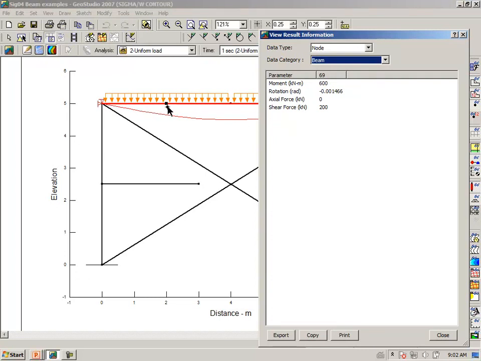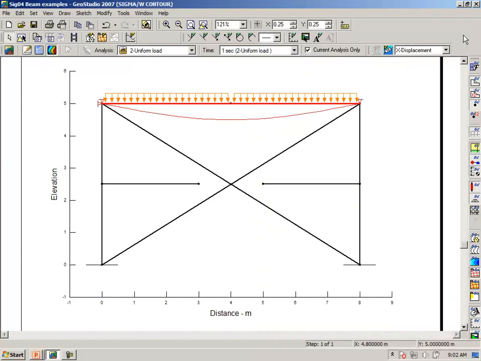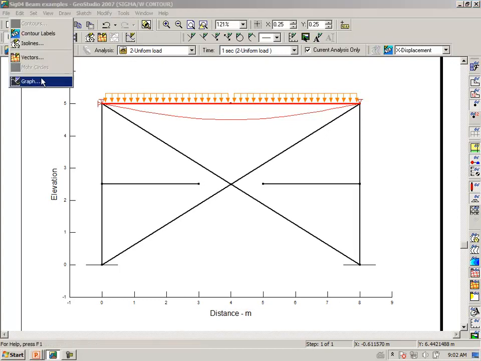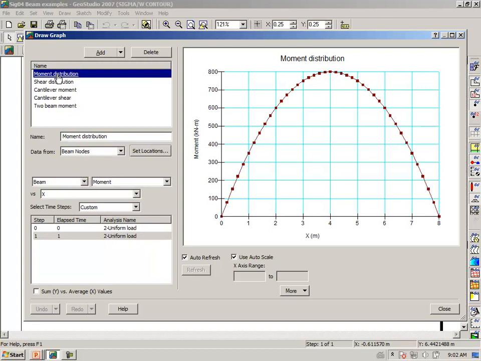We can see that in any particular node that we get the moment and the rotation and the shear force, and this is not that informative for a beam, except to note that many times we do use View Results Information. More importantly, we can draw a graph of the moment distribution